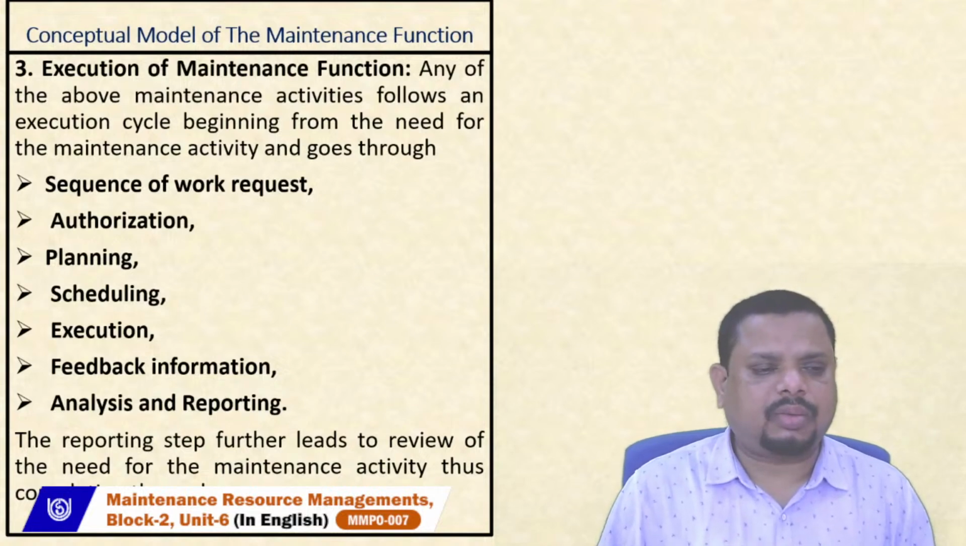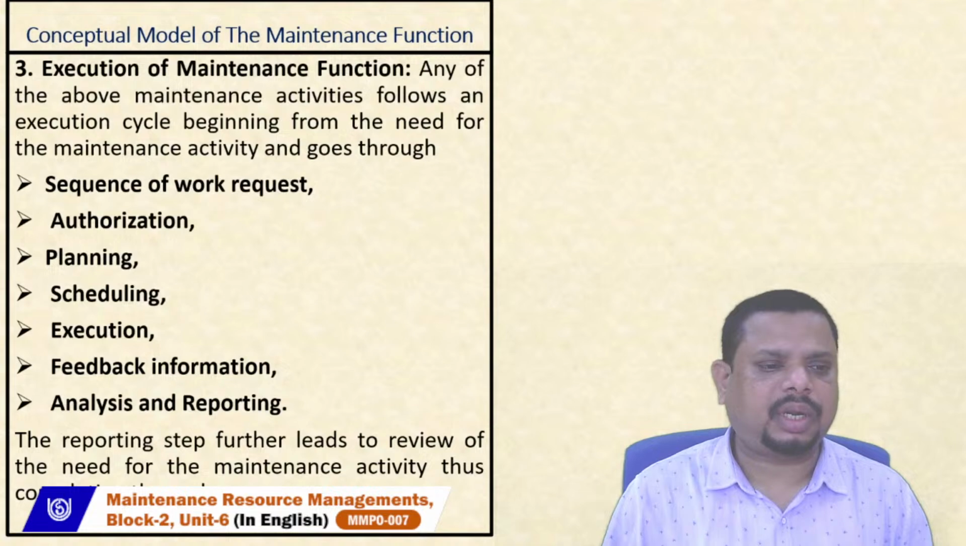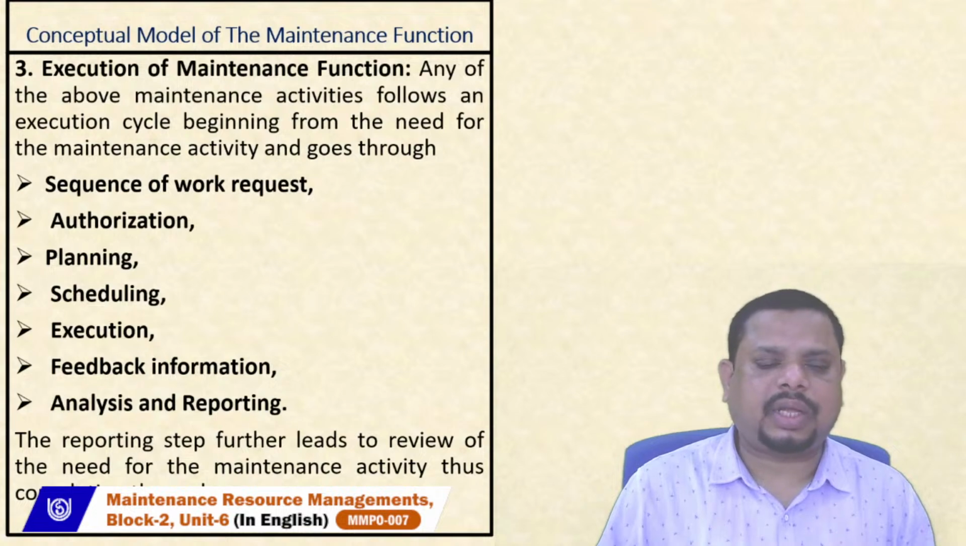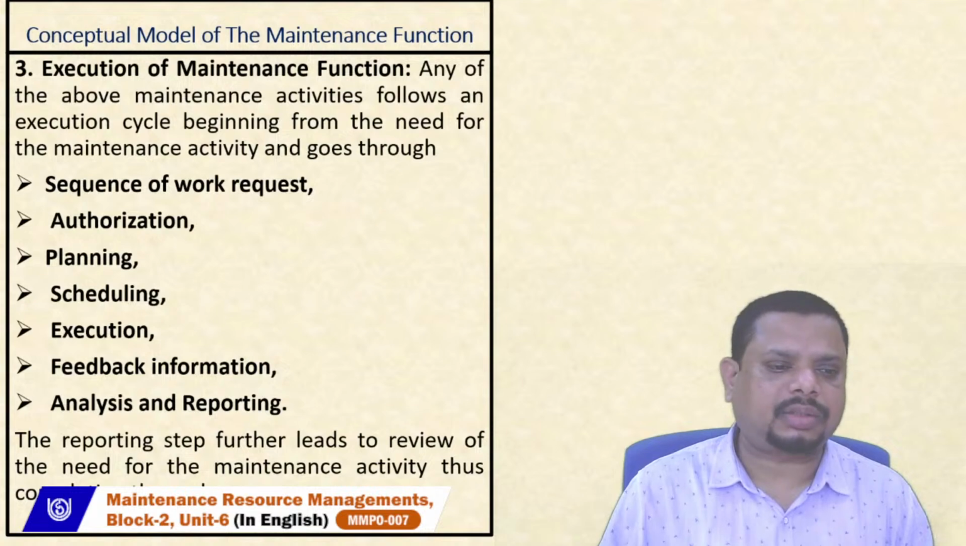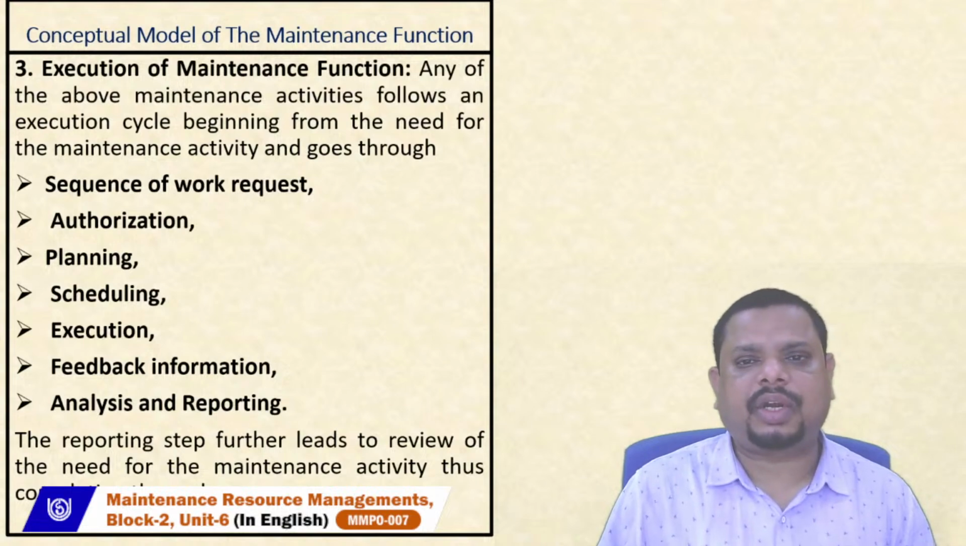Then the second one is the authorization. The maintenance manager will take the authorization from the top level of management. After that they go for planning activities, followed by scheduling activities. After scheduling, they will assign the manpower so that they can easily fix the problem raised by the production department. After handing over the equipment or machines to the production department, they will collect feedback information